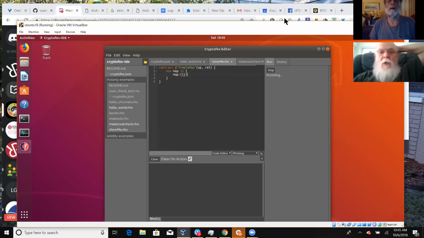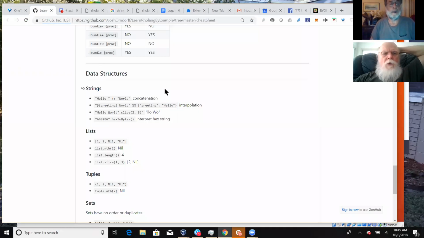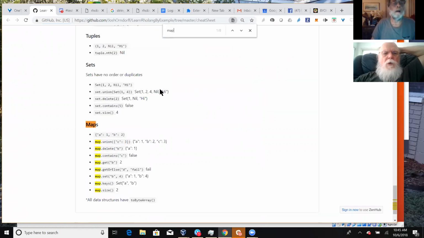Let me go look at the cheat sheet. Where's the cheat sheet? I got it open here too. Oh, here. Yeah, Map: curly braces, and then pairs separated by commas. Right.